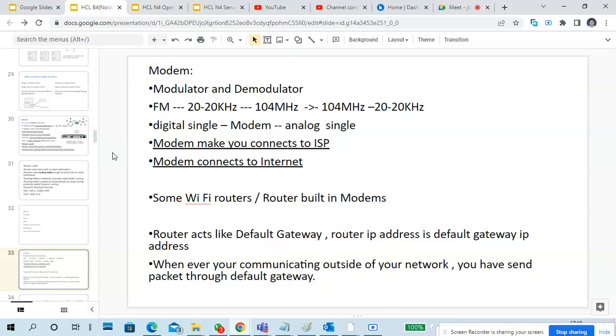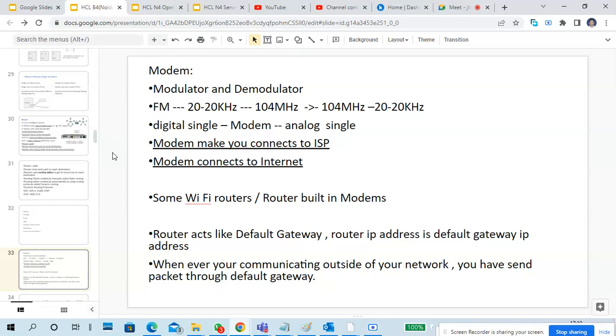Nowadays we are getting Wi-Fi routers at home. Wi-Fi routers are router cum modems. I have given these two extra points here at the bottom. It is a router cum modem. So you may not see a separate modem there, but it is a mixture of both the modem and your Wi-Fi router. In some places it is different. Like when we have taken a new broadband, the modem is separate and the Wi-Fi router is separate.